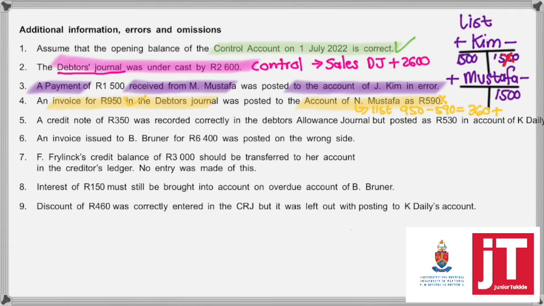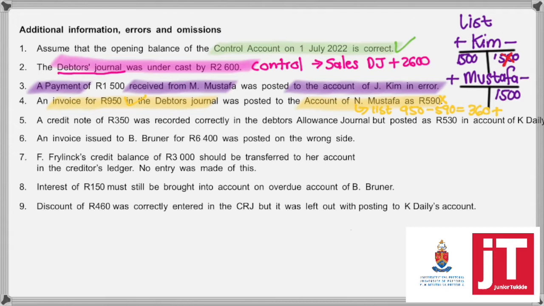So the 950 is correct, minus the 590, which is the incorrect amount, is 360 rand. And 590 is less than 950, so I'm going to have to add the 360 rand to Mustafa's account. Then a credit note of 350 rand was recorded correctly in the debtors allowance journal, but posted as 530 rand